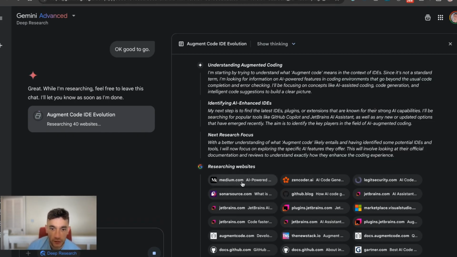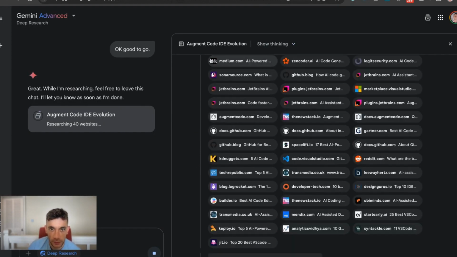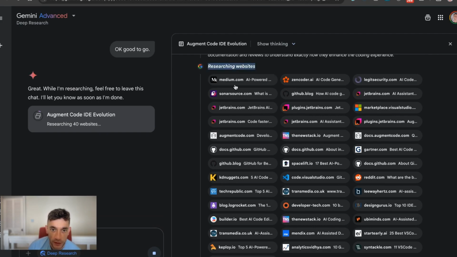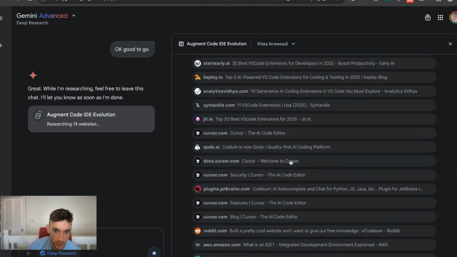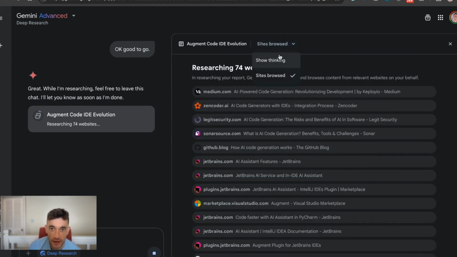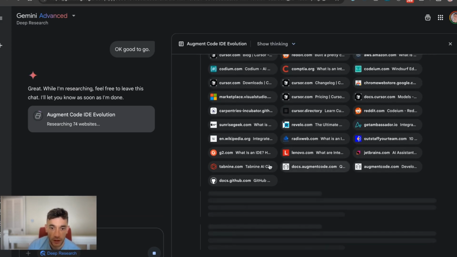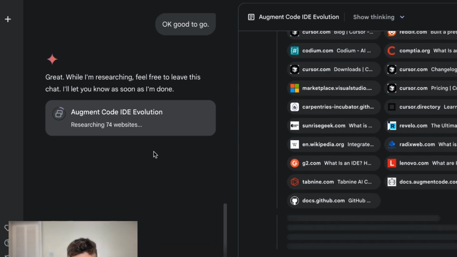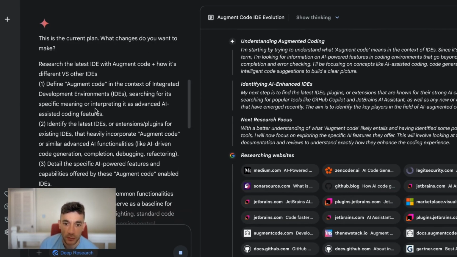Right. And then you can see the sources that it's found right here. So here's an example and it's got all the sources. So it actually finds a lot of different resources when it's researching the websites. You can actually see the thinking or you can see the sites that are actually browsed. And basically this AI agent is just going off, searching the web, doing the research for us. And then it will generate the report once that's done. Actually insane how many websites it's researching. So it's researching 74 different websites to go and get the answers that we need, which is pretty awesome